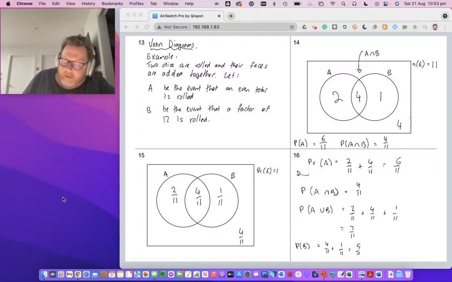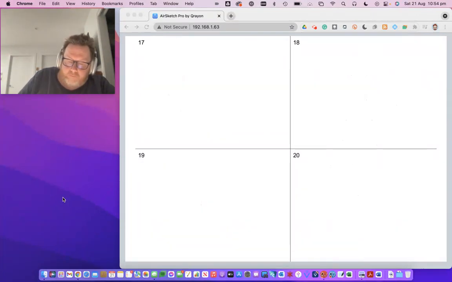Probability of A plus the probability of B: that's the probability of A there, which is 6 elevenths, which is what we worked out. That's the probability of B, which is 5 elevenths, as we've worked it out here. If I added these together, can you see that I would be adding this intersection in twice? And because I'm adding this intersection in twice, I would be over-representing the probability. So in order to remove that double up, I'm going to have to subtract the probability of this intersection. And so that leads me to